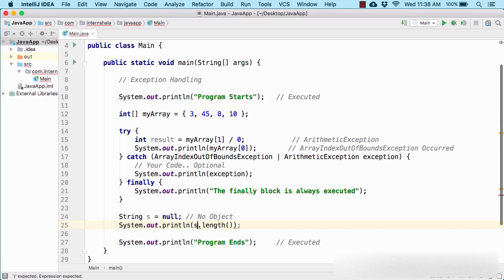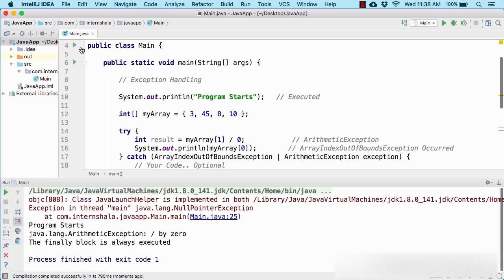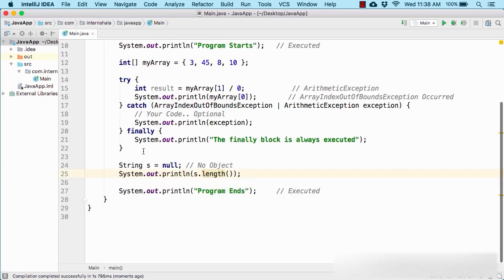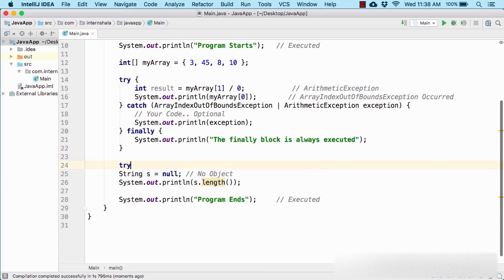So let us try this code out. Here we get an exception, java.lang.NullPointerException. If you click on the blue link, it will take you to the line where the exception has occurred. So at this point of time, we got an exception. Now suppose we don't know what exception can occur at this line. In that case, you don't always need to remember the name of the exception, which is NullPointerException in our case. So here in our code, what we can do is simply use try the code,